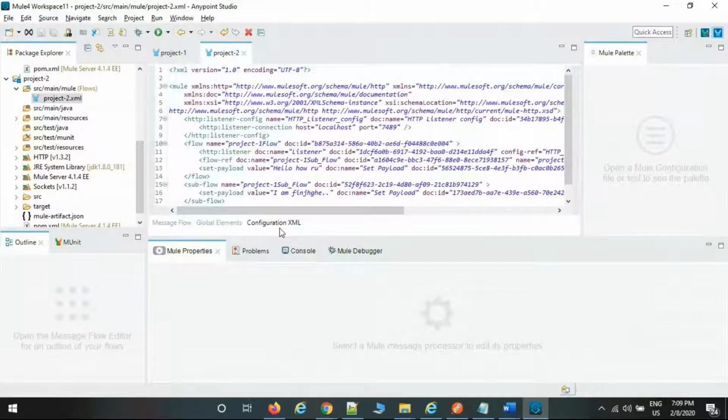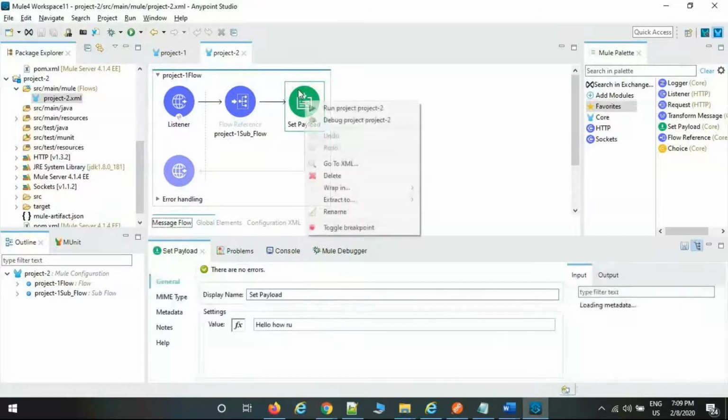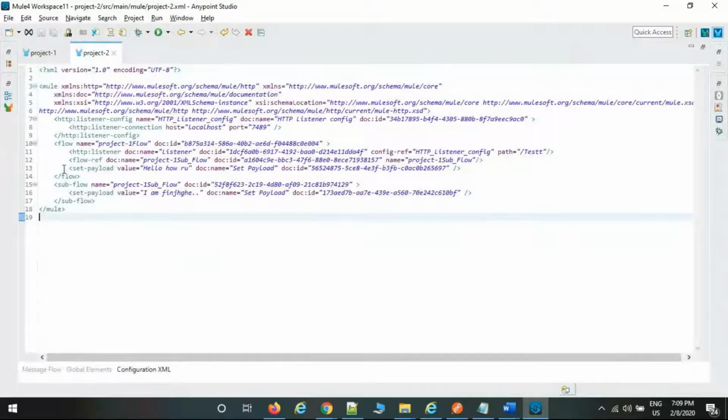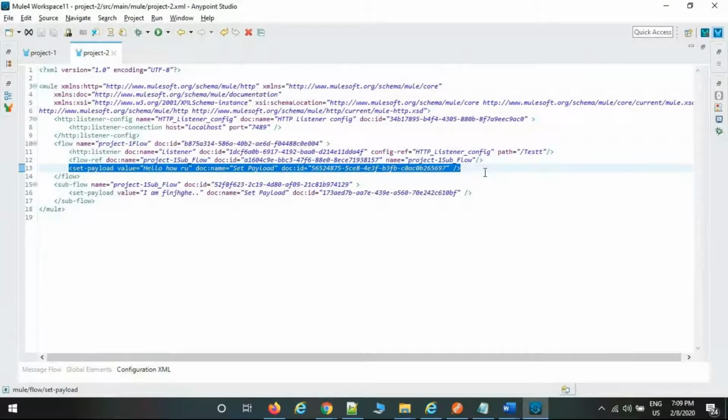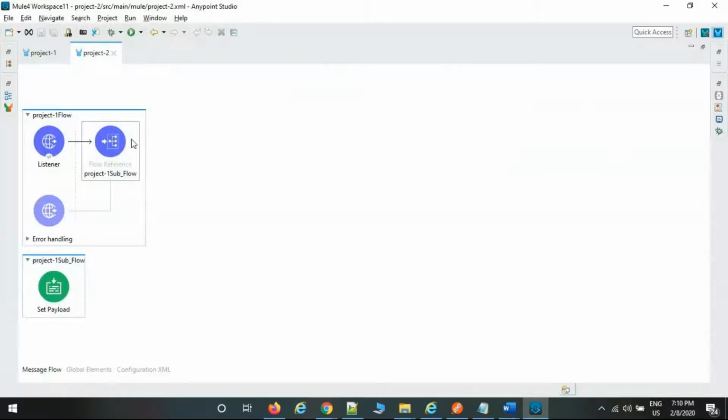Whatever palette you select, the corresponding XML tags are generated in the backend so that we can reuse the data. Currently you have selected this palette, but for now I don't want to use it; I want to use it in future. So instead of deleting this palette, go back to the configuration XML, select the palette name, press Control Shift question mark, and it is commented. The palette is not visible here. I want to revert it, so revert it again.